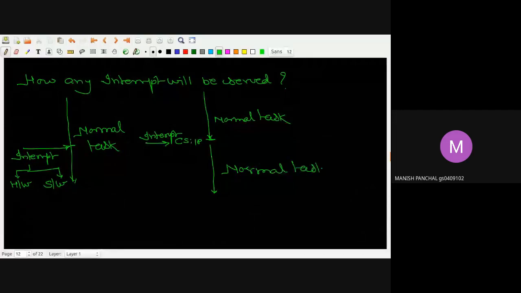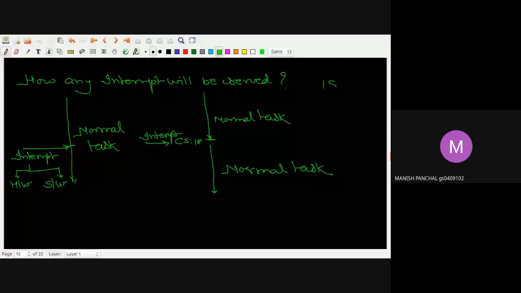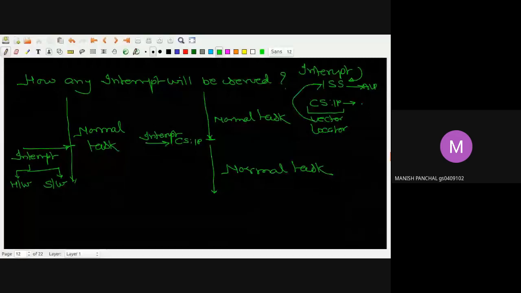Because the interrupt has come here, this interrupt is nothing but it wants to serve some ISS. So according to the interrupt, there is some ISS for that. ISS will also be one kind of ALP. ALP stands for assembly language program. This ALP is written at some combination of CS and IP, but this location is called the vector location, meaning this location is fixed for this ISS. From here to here, your ALP is written.